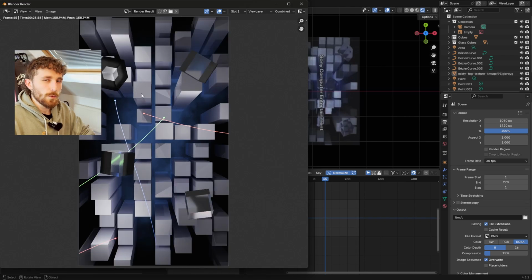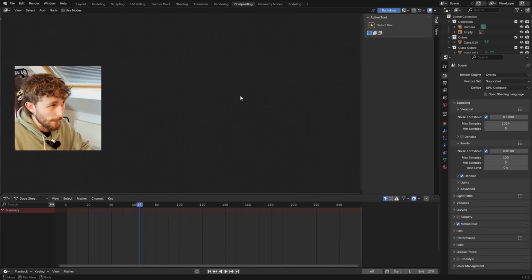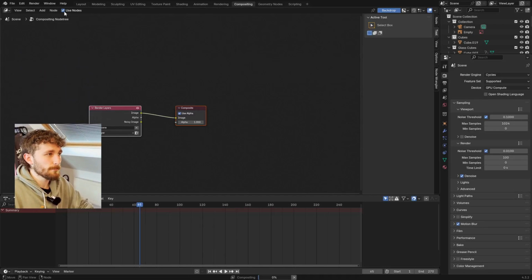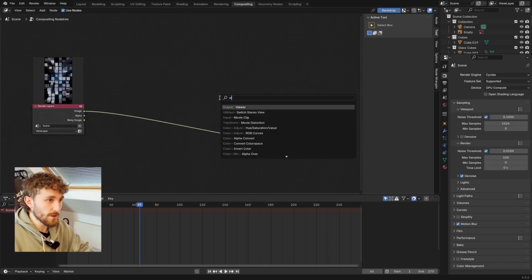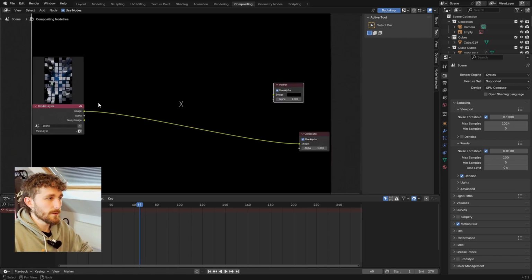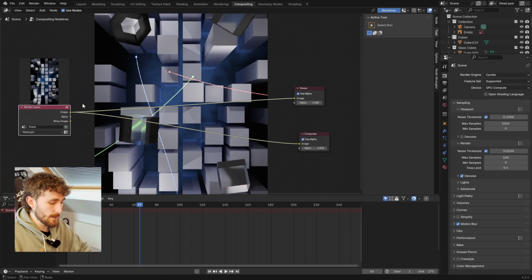Right, so if we look at this now, it's way too clear. Like everything's too crisp and it doesn't look right. So we're going to come into the compositing tab. We're going to press use nodes. I'm going to bring this over here. We're going to add a viewer node. We're going to pull the image into here. I'm going to press V a couple of times, not Z. And we're going to add